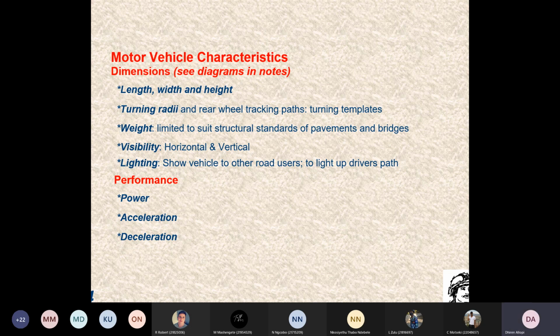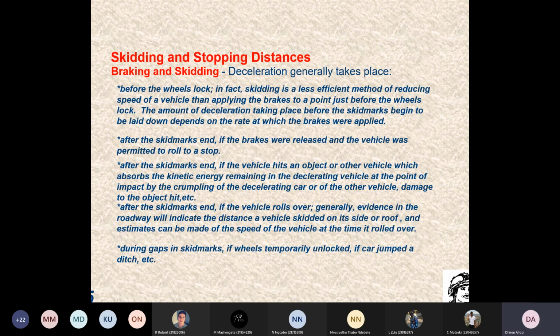Okay. Some of you may be very familiar when it comes to power output of vehicles, torque of vehicles. So when you look at purchasing a vehicle, some of the factors you look at, some of you like speed, need for speed, so you check what is the output, 0 to 100 kilometers, 0 to 100 meters, but what time factor, 3 seconds, 4 seconds, 5 seconds. So you look at the output of the vehicle, the engine capacity, the torque. And that falls under the performance element. So that then brings us to